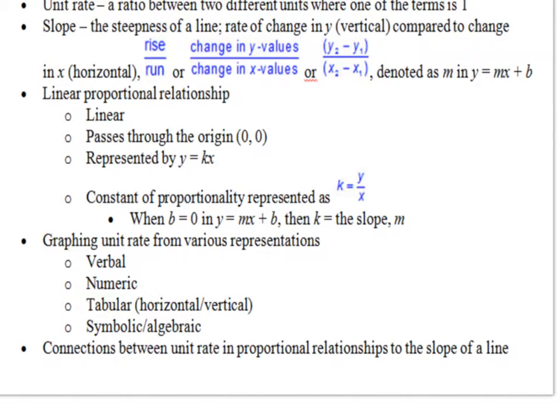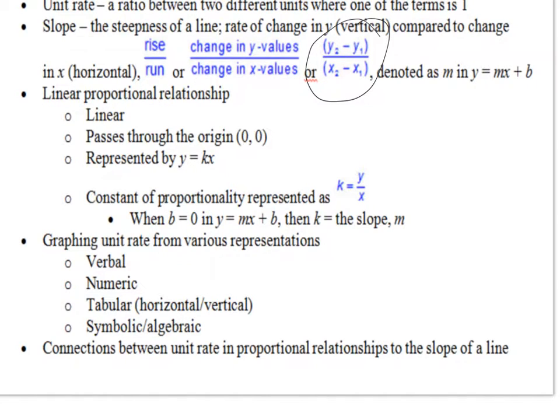And we're talking about here just y over x. We also can denote it as rise over run, or changes in y values divided by changes in the x value. And we get that from the actual slope formula itself, which is